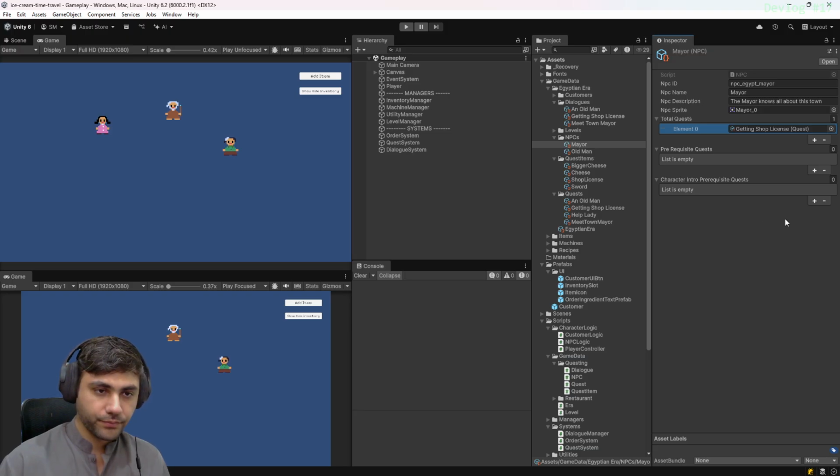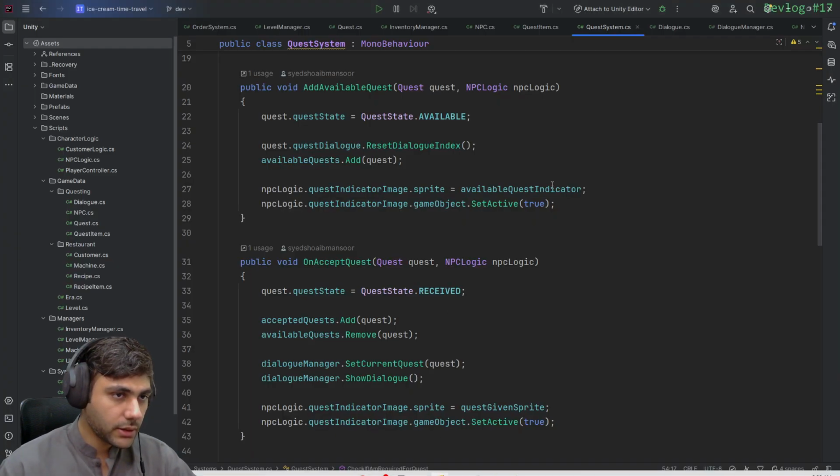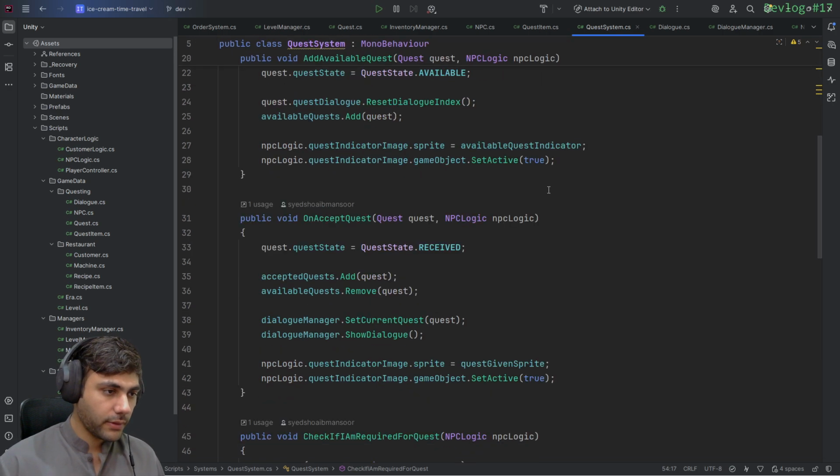So we need a town, no, like an old man. So I have just passed these values over here and just go back to the writer and check if